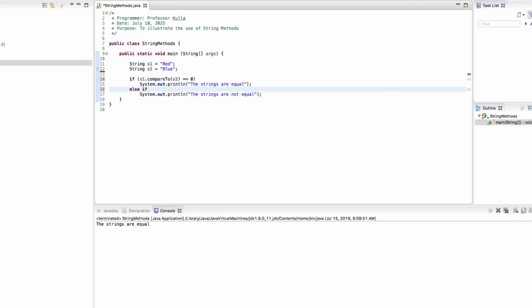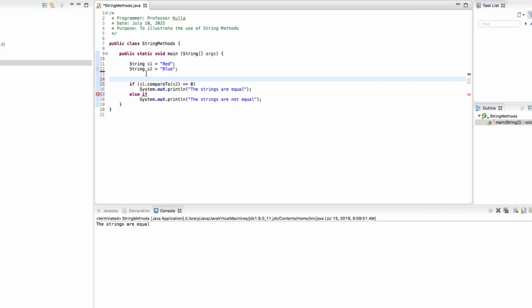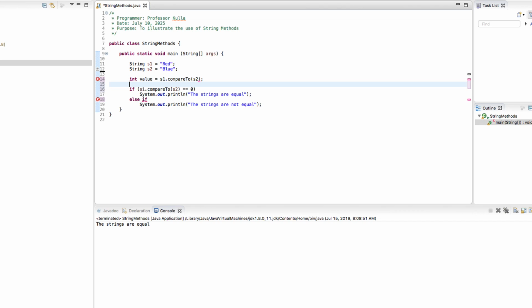So I don't have to keep doing the compareTo, I'm going to have a variable int value, right? And I'm going to make that s1.compareTo s2, so I don't have to keep typing that over. Okay, so if the value that gets returned is 0, then string 1 and string 2 are the same, right? They're the same. If you get a positive value back, then the first string, the S1 in our case, is